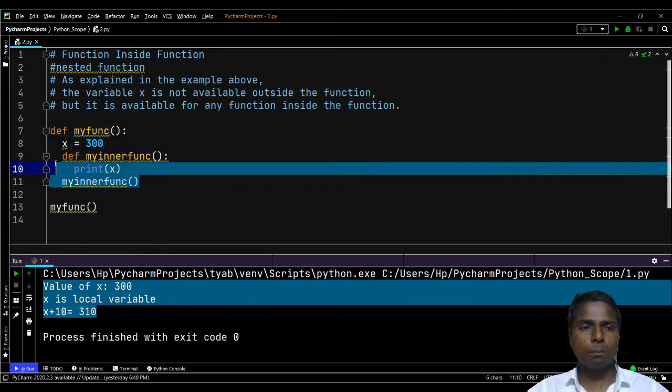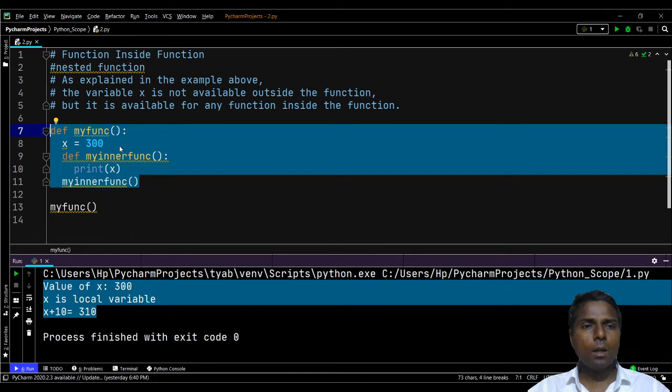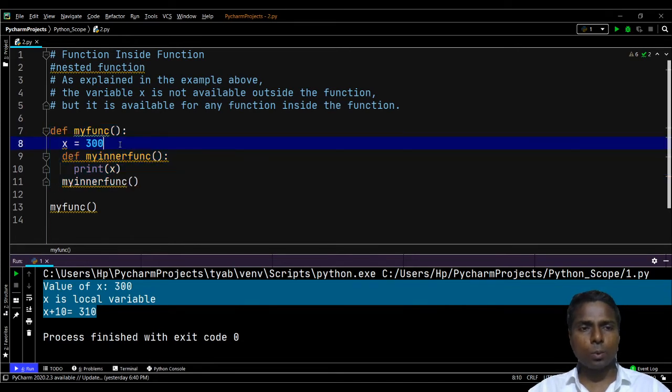It is possible in Python. Now we'll understand the scope of x, as explained in the above example. The variable x is not available outside the function, but it is available for any function inside the function.